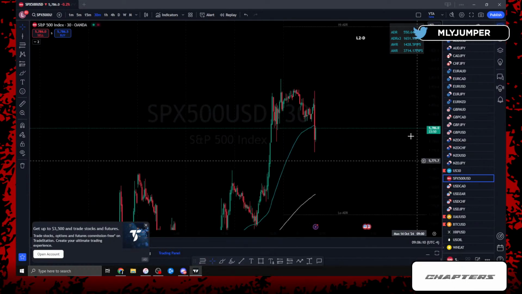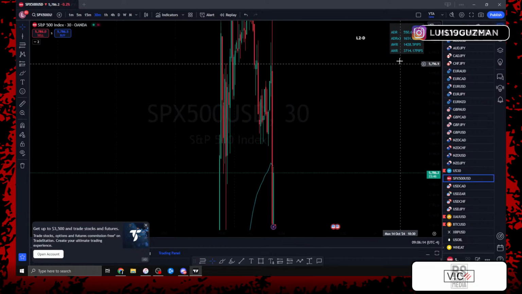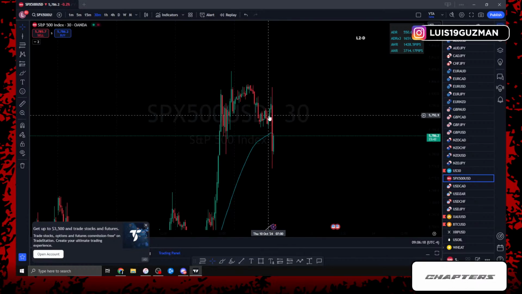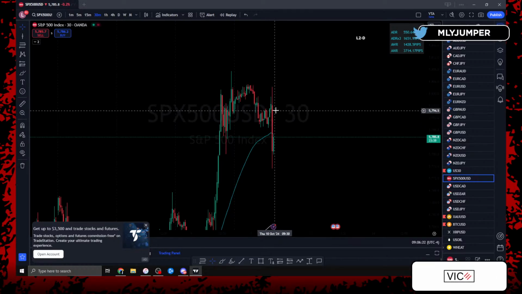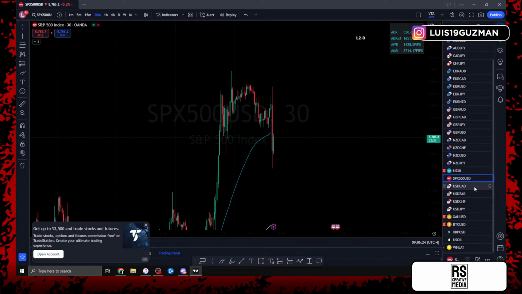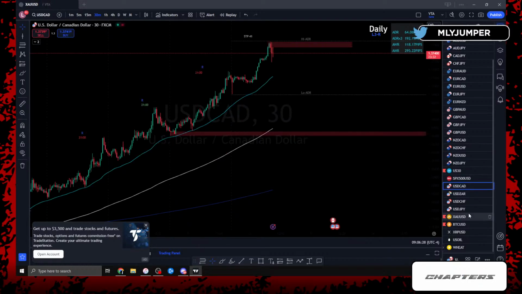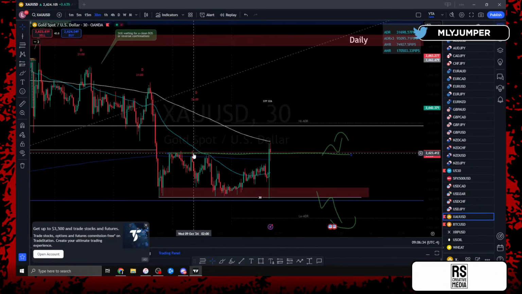S&P, same thing. I don't know how I got to S&P, but S&P kind of has the same situation. Only difference is that S&P's engulfing candle, the first green candle, doesn't have a top wick, so it wouldn't even make it a valid engulfing candle anyway. Again, USD CAD still pushing down. Well, still in the same spot, not really pushing down. Gold, we're looking for price to break above. Again, we're just testing,